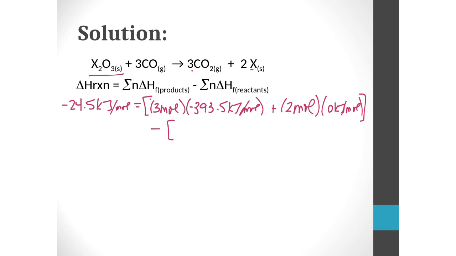Now, here we go. This is the one that we don't know what the enthalpy of formation is. We know that there's only 1 mole of it, and so we're going to leave it as a delta HF value. And this is what you're going to be solving for. That's your unknown. We're going to add on 3 moles of carbon monoxide. So 3 moles, and carbon monoxide's delta HF is negative 110.5